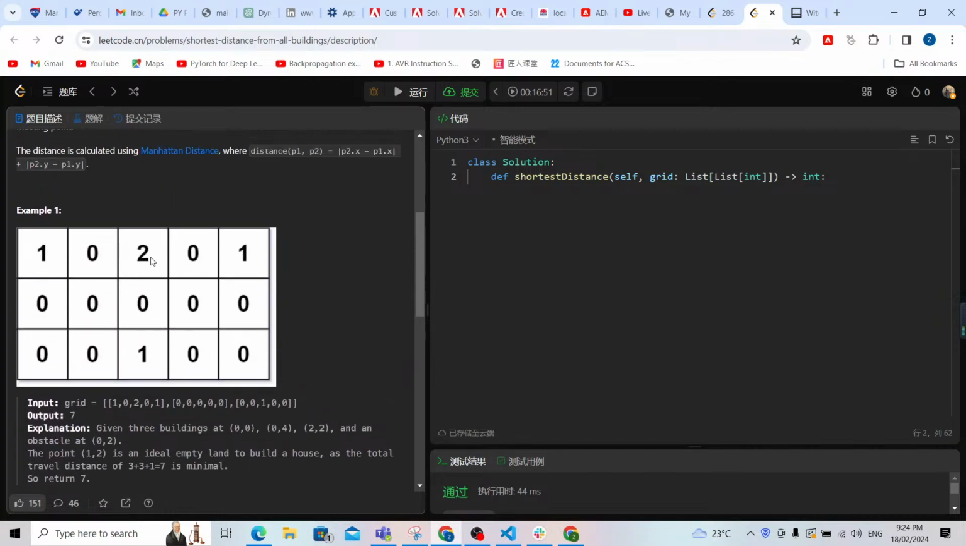Yeah, let's try to understand the problem first. So let's use this example 1. So we have the buildings. So 1 represents the buildings. So we have the separate buildings in each of the cell. Yeah. So the buildings is only in one